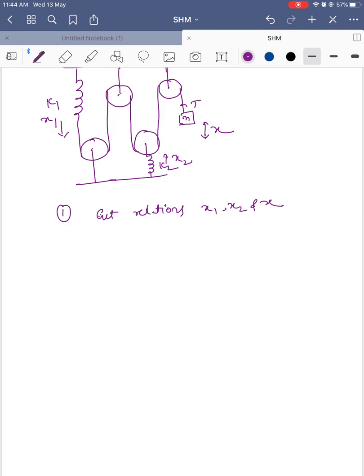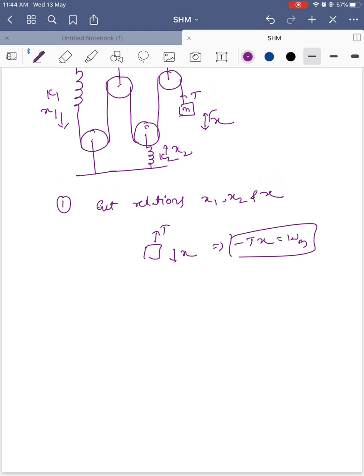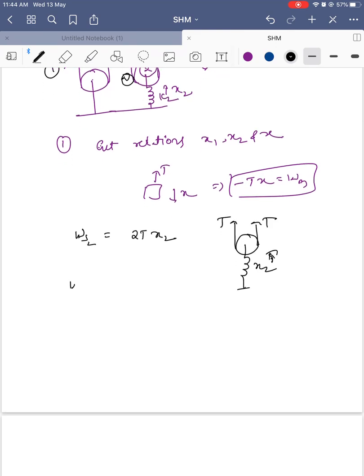If you draw the free body diagram, tension T is in the upward direction and displacement x in the downward direction, so work done on the mass is minus T into x. So let's go to the pulley. Take the second pulley and the first one. For the second, 2T is acting in the upward direction, so the work done in the second spring is 2T into x2, with displacement x2 in the same direction as the force. Now the work done in spring 1,